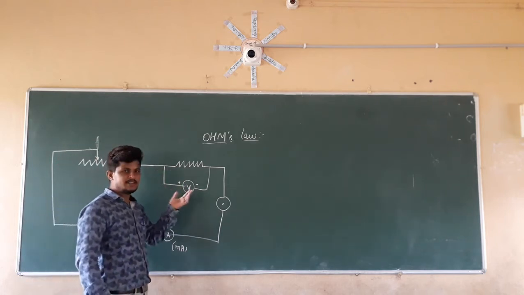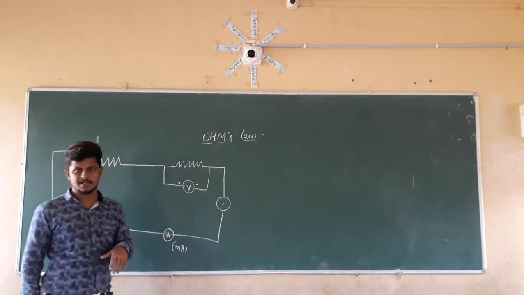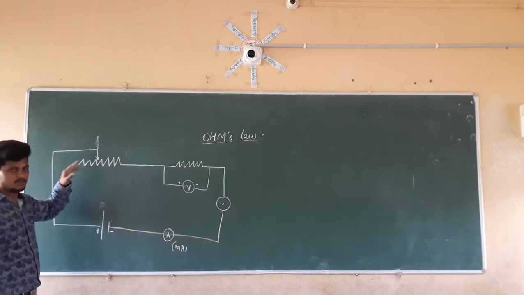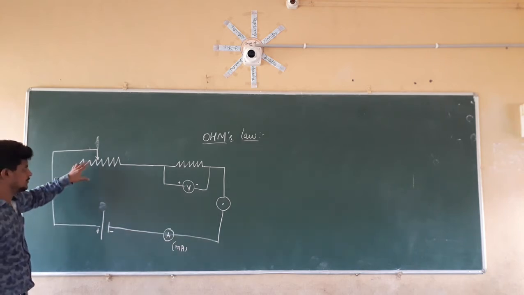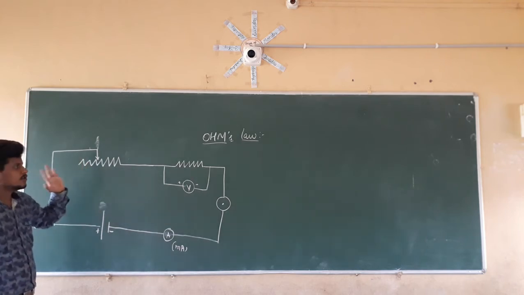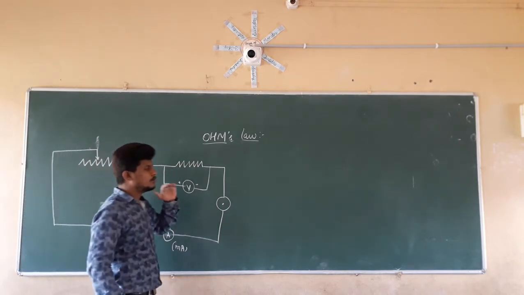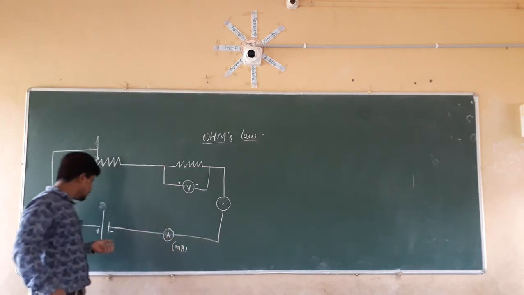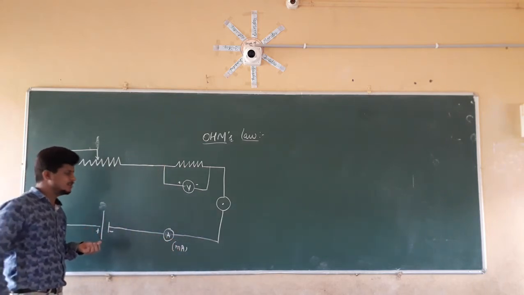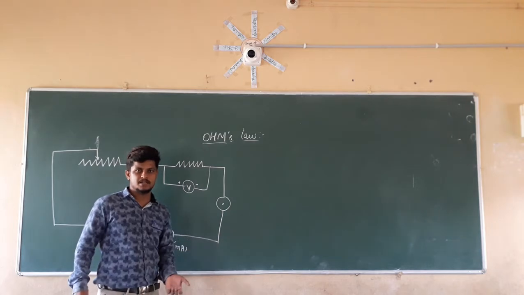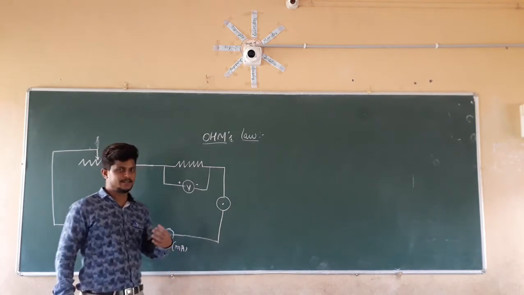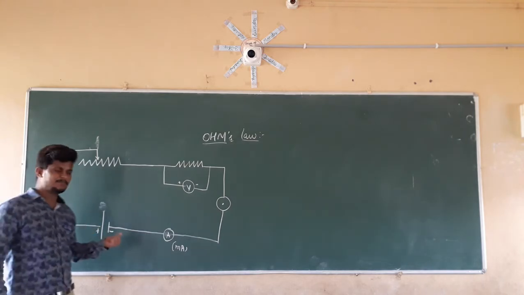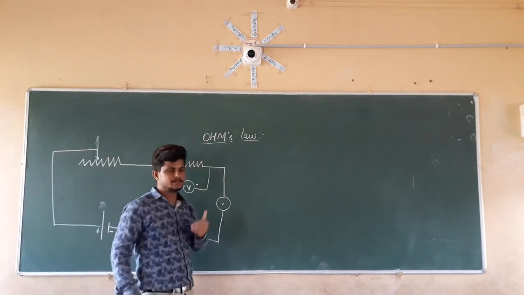And across that resistor we connected a voltmeter in parallel connection. So this is the rheostat, which we are not going to change anything here. Just keeping it like this. So we are going to check about Ohm's law. What does Ohm's law state here? For that reason, we are going to change the voltage at each condition, and we are going to take the reading of the ampere, that is nothing but the reading in the ammeter. What is the current going through this connection? We have to check. By doing this experiment, we are going to know about Ohm's law.